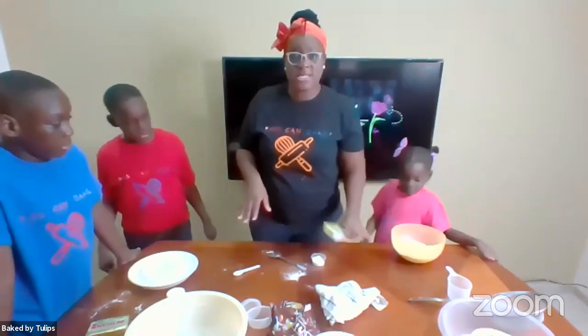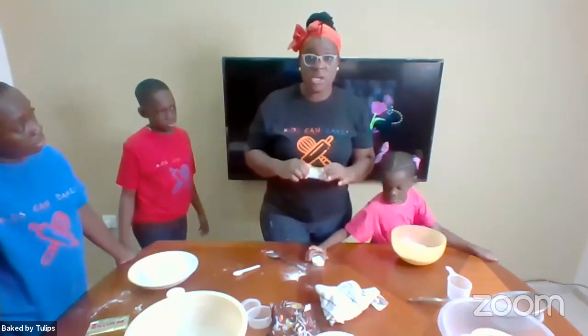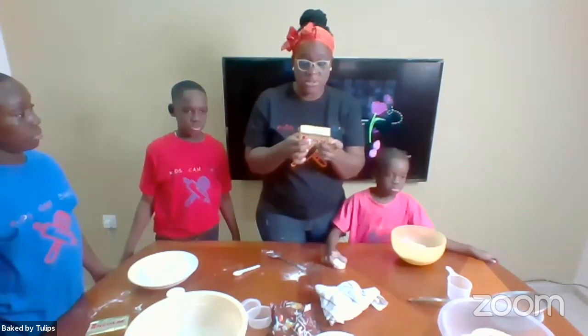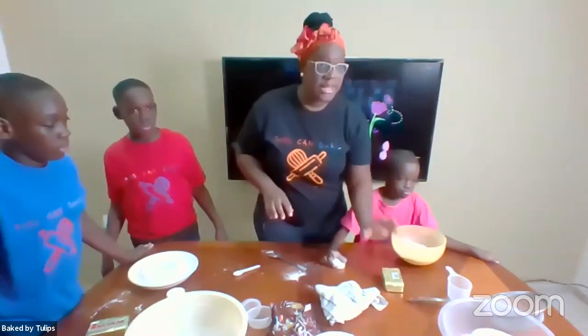So for some cookies, especially this one, you need to keep your butter in the fridge so that it will be cold. I said fridge, not freezer, because you don't want it frozen. If it's frozen, you won't be able to mix it at all. So lastly,